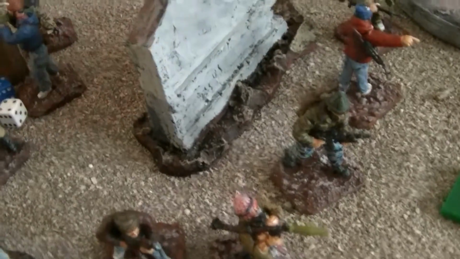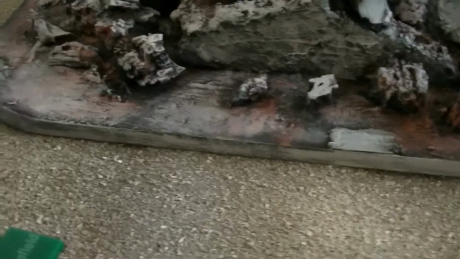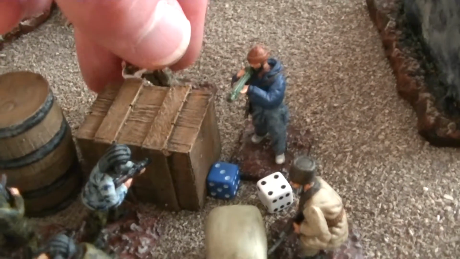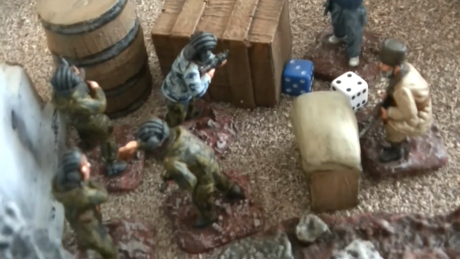So I think I'm going to call this unit here the Overwatch unit, so that if these Russians do decide to move back around this corner in their part of the turn, the Overwatch unit can still react and shoot at them. And I'm going to start by moving these units. I'm going to say that this unit now moves over the barricade and takes the